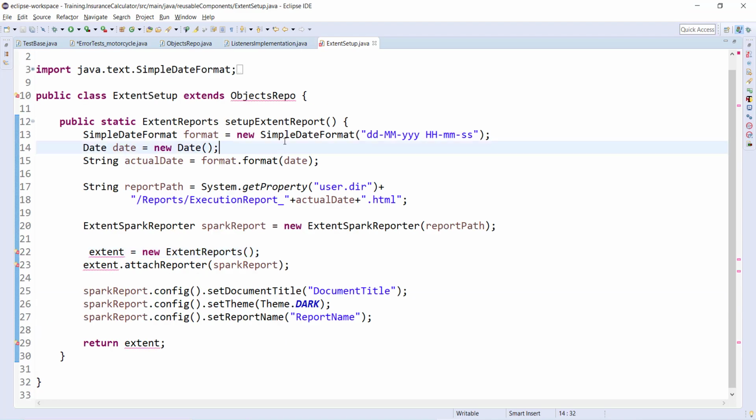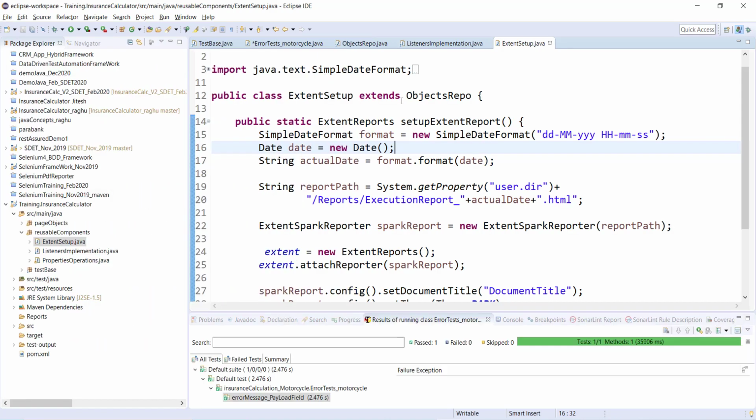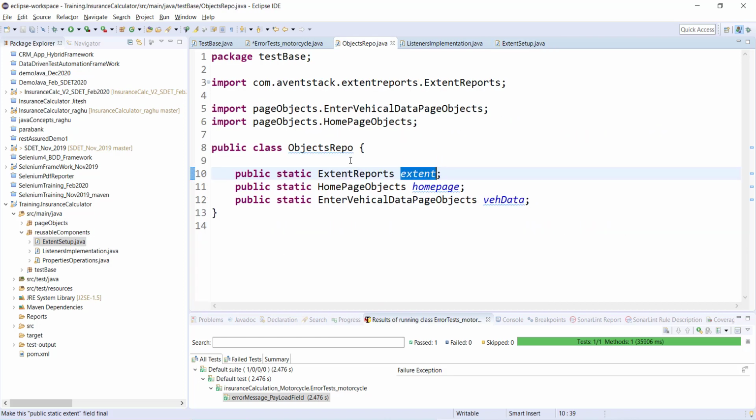Okay, let me import this. Yeah, now the error is gone. So whenever I call this particular setup extent report method, it will do the extent report setup, which is defined over here into this extent object.